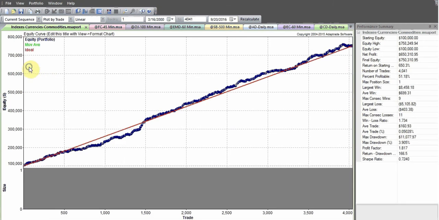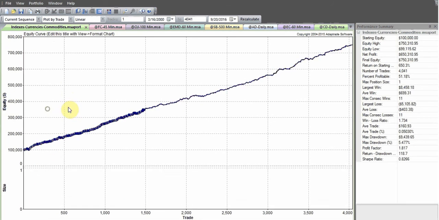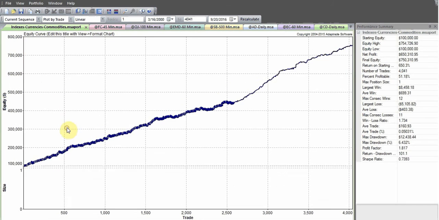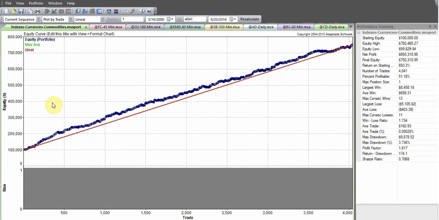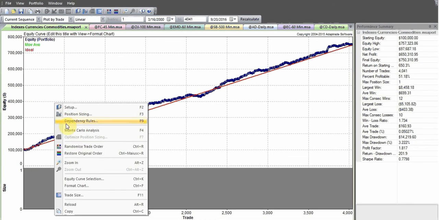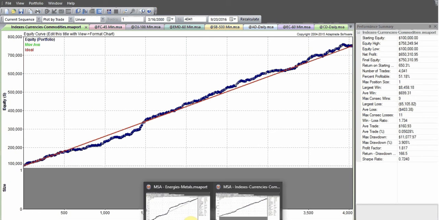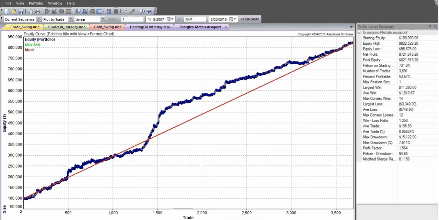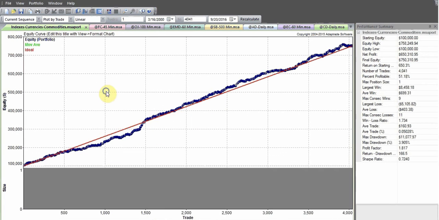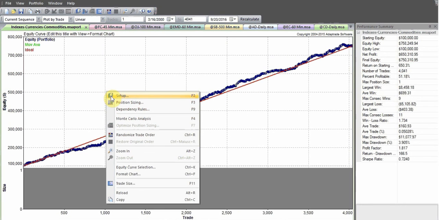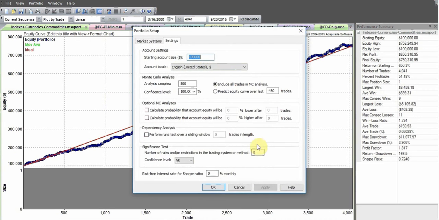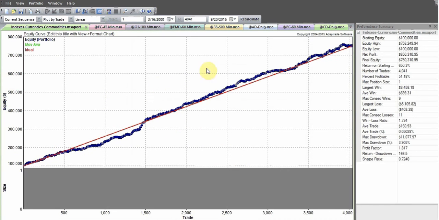We can make some other tests over the entire portfolio here, such as randomize the trade order, and you see the portfolio is still robust. Or we can do the same test over the other portfolio as well. It's exactly the same, so I don't want to duplicate the same concept. There are also other interesting tests, because I want to show you the robustness of the entire portfolio, not only focusing on the max drawdown percent, which by the way